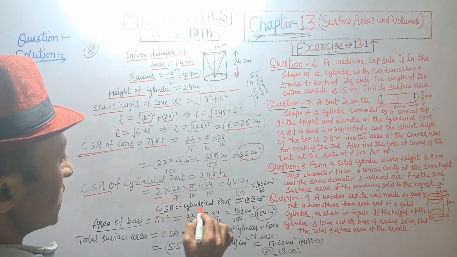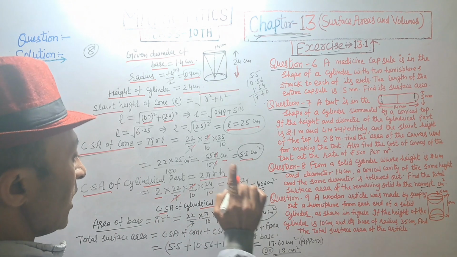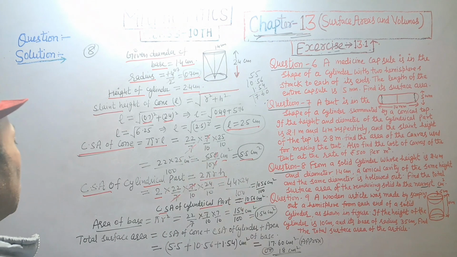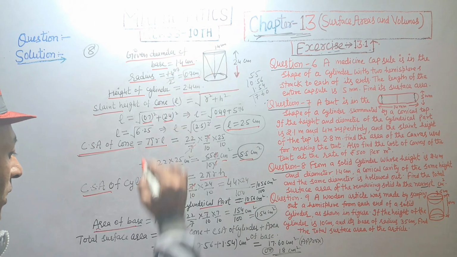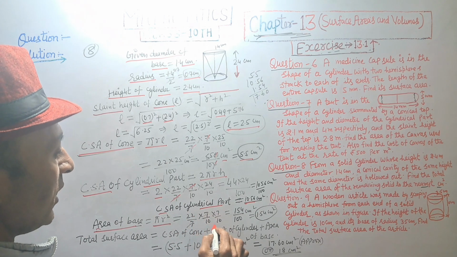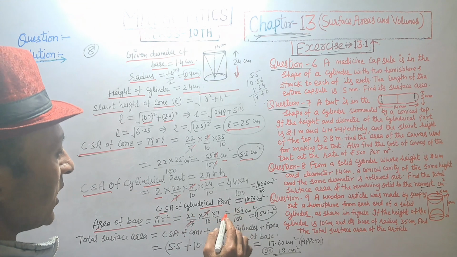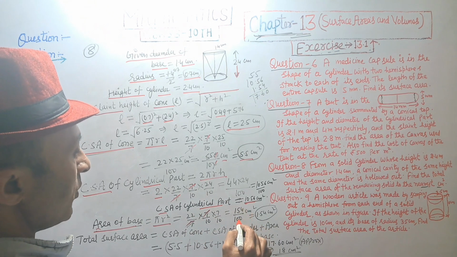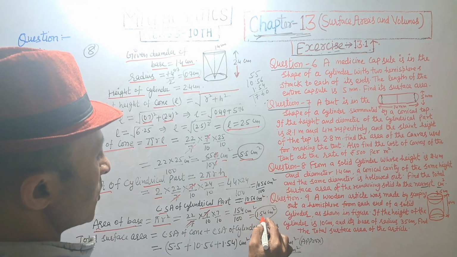We get curved surface area of cylindrical part is 10.56 centimeter square, and area of base, that is area of circle, pi r square, 22 upon 7 into 7 upon 10 into 7 upon 10, 7 is cancelled, 22 7s are 154 divided by 100 centimeter square, we get